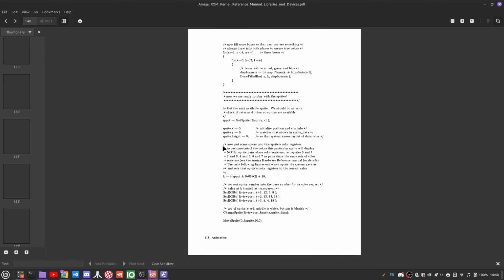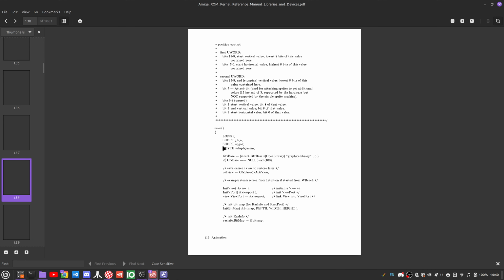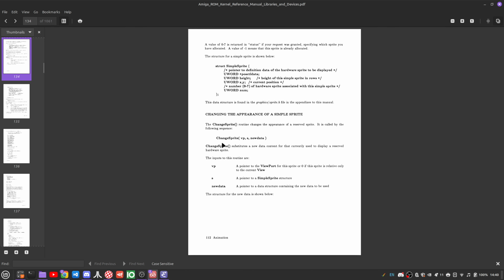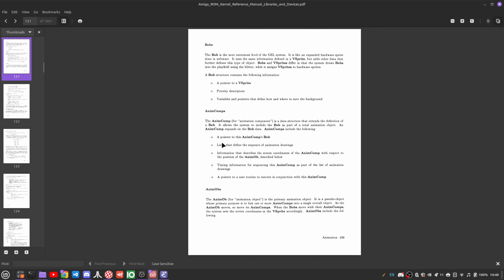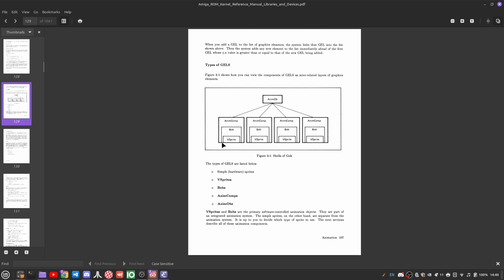Everything from a fully multitasking kernel, able to run hundreds of tasks at once, very seamlessly, very fast, very effectively, to a complete animation system, able to handle a whole bunch of different types of animating objects. Everything from virtualized sprites to blitter objects, using the blitter to take and move things across a playfield very effectively, interacting with playfields, to just using the hardware sprites directly. All sorts of different combinations of things that you could do